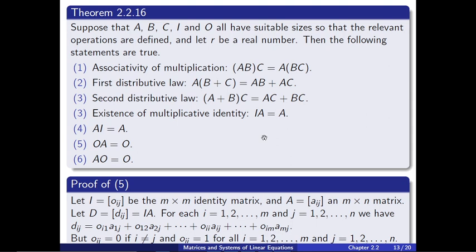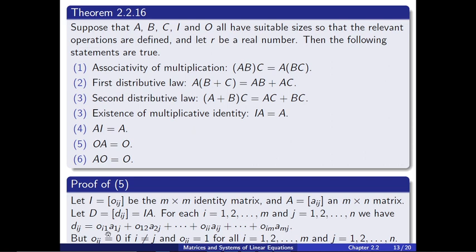Right, so let I be the m by m identity matrix, right? And A be an m by n matrix, right? And let D = (d_ij), which is equal to IA. So what we want to show is the entries of A are the same as the entries of D, right? And then we would have shown that IA is equal to A, right? So for each i and j, so in other words, for each entry,